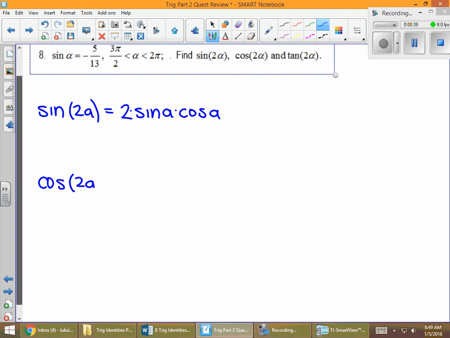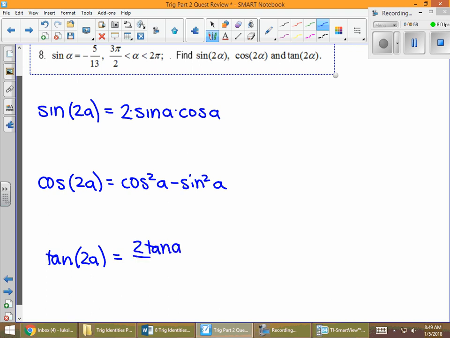Cosine of 2a is cosine squared minus sine squared. And tangent of 2a, once you find sine and cosine, you really could just divide them. But we'll do the whole equation: 2 tan of a over 1 minus tan squared of a. You're going to be able to do quite a bit of this on your calculator since we don't have any